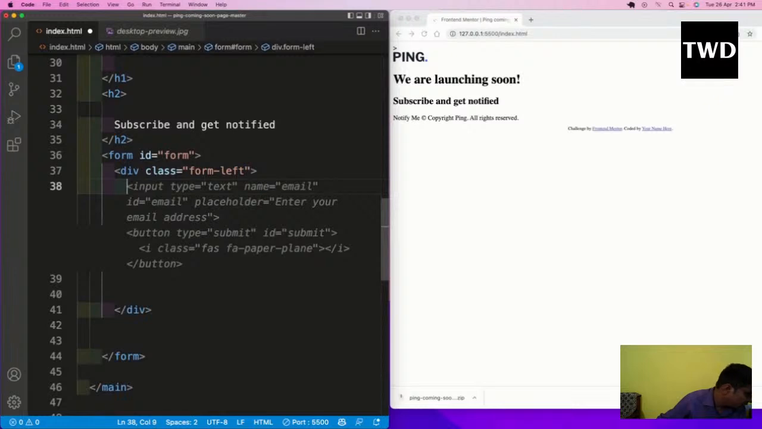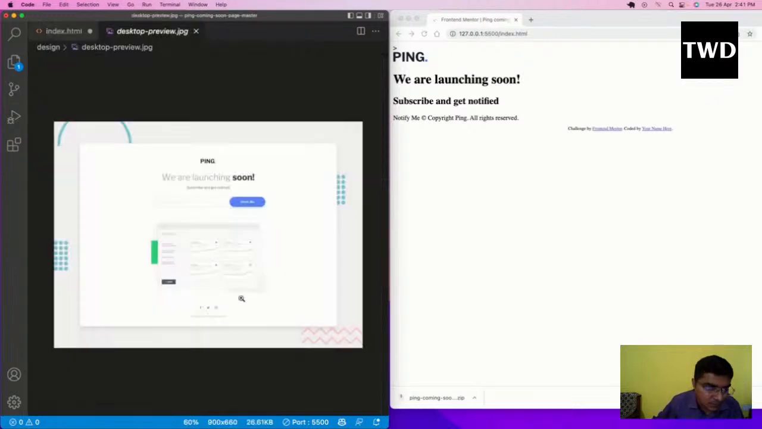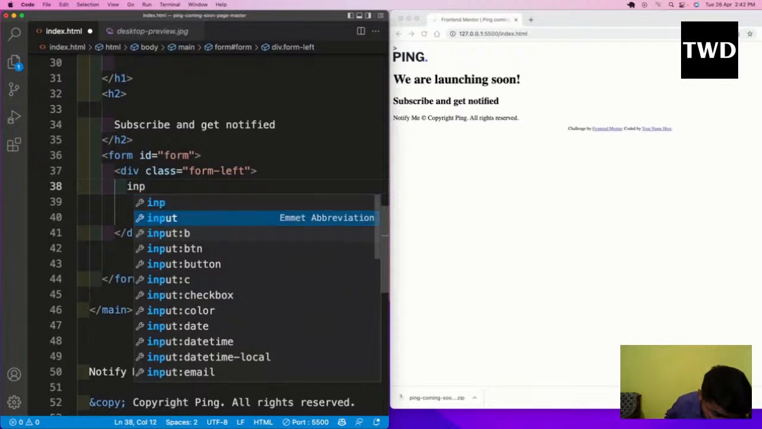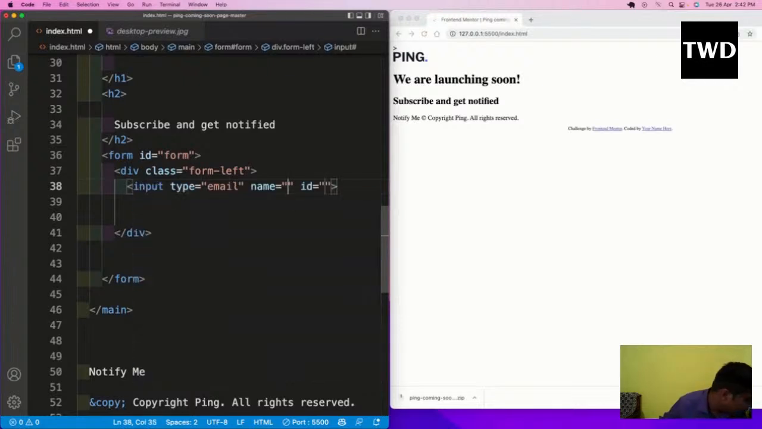Now, as you all can see the image, we have a space where we need to type the email, and we have to click on the button with the name as notify me. So we will be creating this now. Let's have input type email, and the name will also be email also. ID will be email,